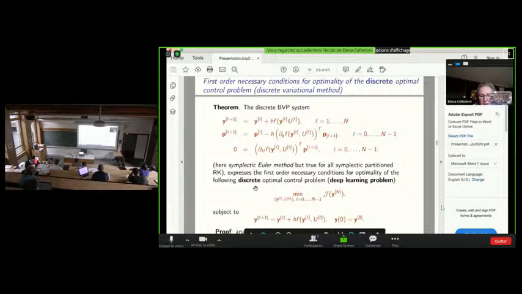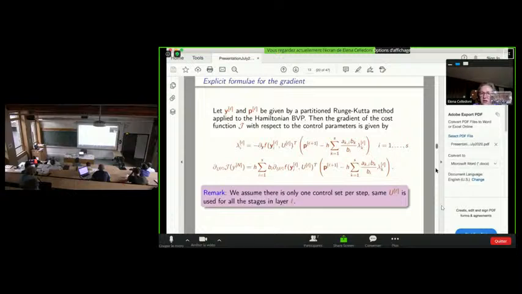Then what you obtain is the first order necessary condition for optimality for the discrete optimal control problem. And this is stated for the forward Euler, backward Euler pair, but it's a result that is valid for any symplectic partitioned Runge-Kutta method.